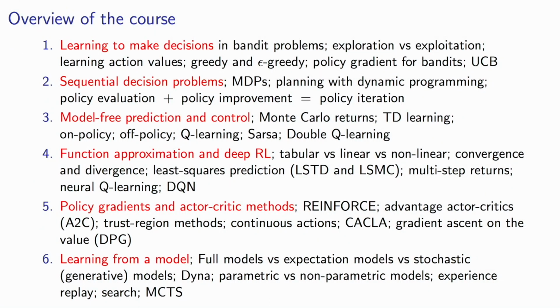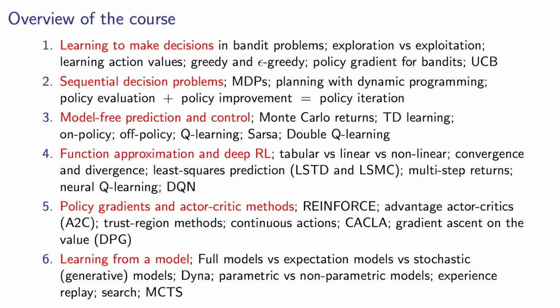The first one was on learning how to make decisions, and we focused on bandit problems in which there's a single state, but there's multiple actions, and there's already a trade-off there between exploration and exploitation. Also because each action you make determines what data you see. If you take an action, you'll get data for that action, but not for the other ones. And we discussed greedy and epsilon greedy algorithms. We discussed policy gradients, which you can already discuss in that context, and upper confidence bound algorithms, which are in some sense optimal in those settings.